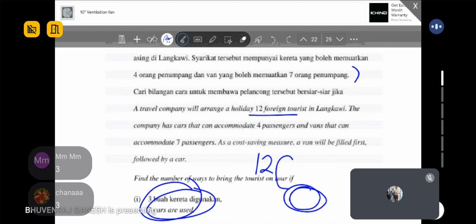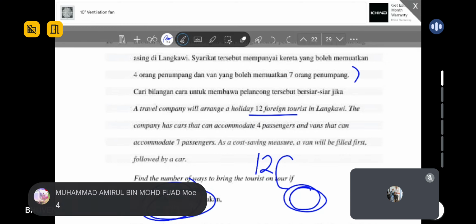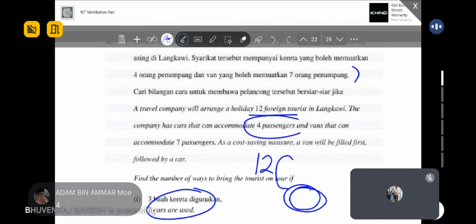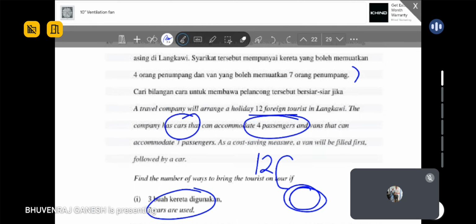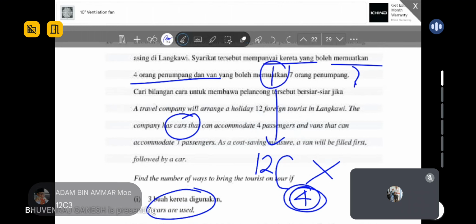No, guys, careful. Your value of N and R represent your number of people, bilangan orang, N dan R, bukan bilangan kereta. Okay? Yes. Okay, can you see here guys? 4 passenger car. Okay? Untuk kereta dia boleh muatkan 4 penumpang. So that's why the value here is 4. And then you continue. Pergi lagi. This is the first car. Kereta pertama. Okay, number 1. And then the second one,